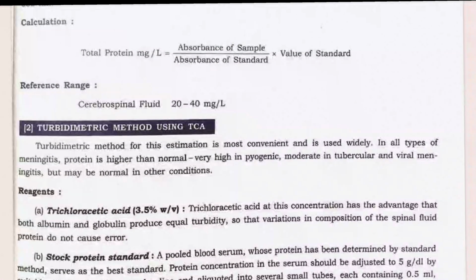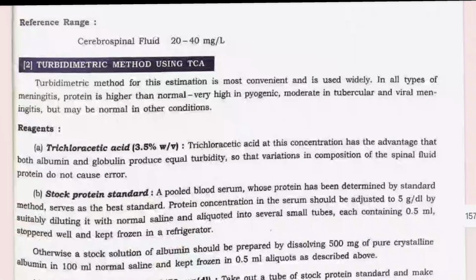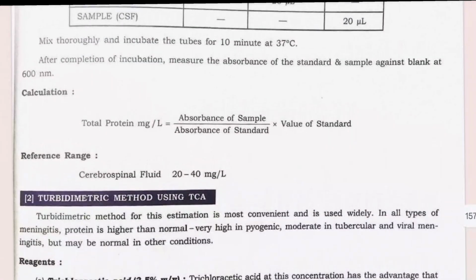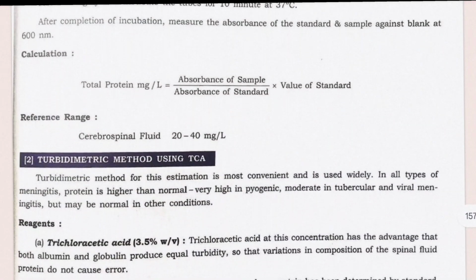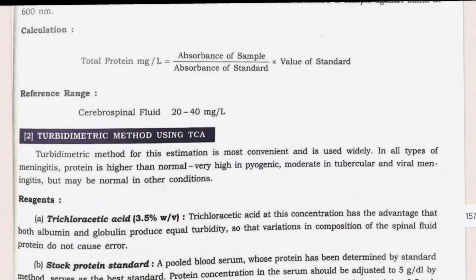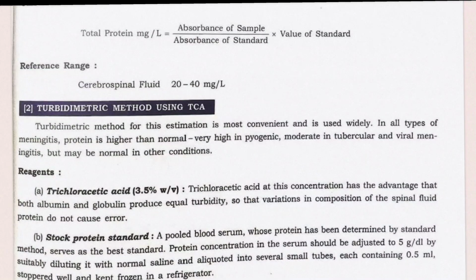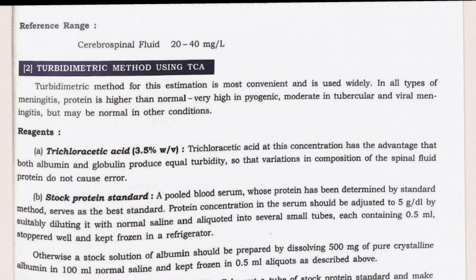Turbidimetric method using TCA. The turbidimetric method for this estimation is most convenient and is used widely. In all types of meningitis, protein is higher than normal: very high in pyogenic, moderate in tubercular and viral meningitis, but may be normal in other conditions. Reagent: trichloroacetic acid,